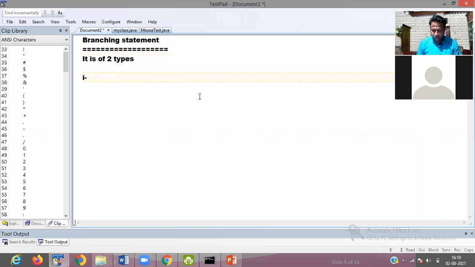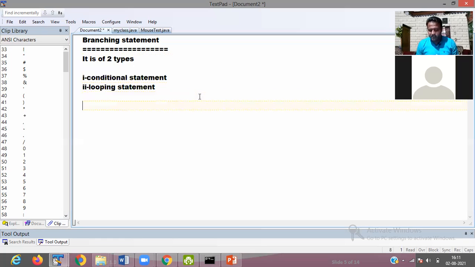One is the conditional statement. Second is the looping statement. Conditional statement and looping statement. These are the two statements we are using.